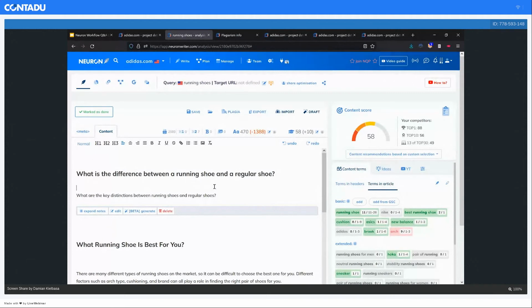I would say workflow. So I believe that the workflow here is quite simple. So first you start with one query. We assume that it could be a quite general query if you just start working with Neuron, like let's say running shoes. Then you create a content which is your pillar page, which is your main content for this topic, because this is the most common query. And then later,